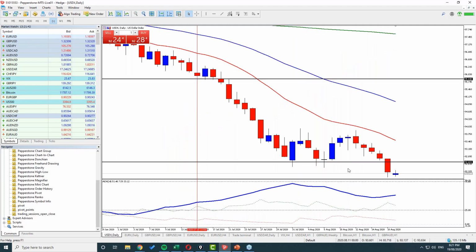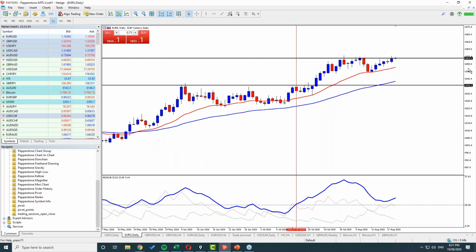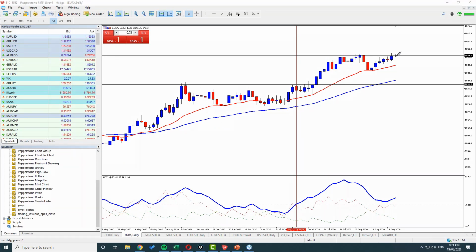So what are we cross-correlating here? Well, we've cross-correlated the US dollar index is quite weak. We've correlated that the euro index is looking for a break of a new resistance. Ideally, we would see the euro index move up, close above, as we always say, give us that confirmation, and then come back down, and where the previous resistance was will be support. Just like we had on that US dollar index, we would like this to close above.